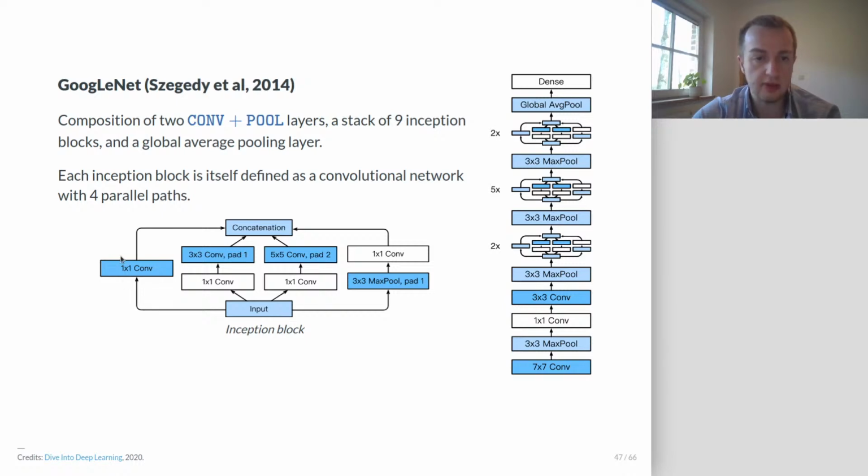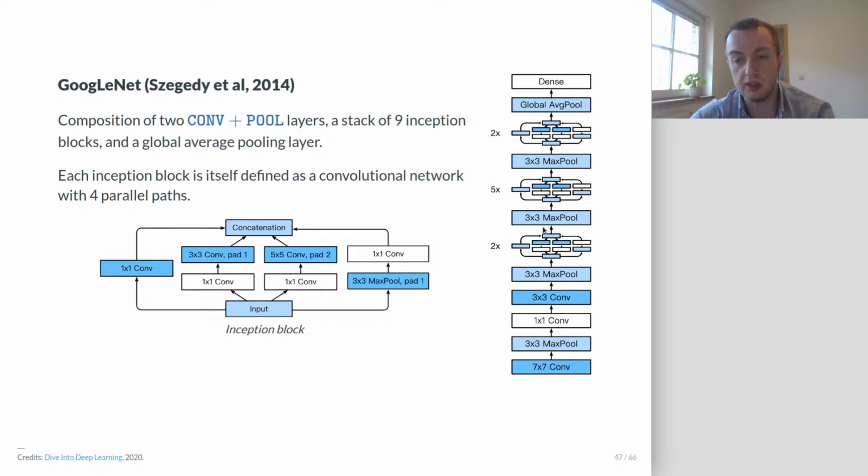First, you take the input, then you compute a 1x1 convolution on this input, or you do this 1x1 and you follow it by a 3x3 convolution with padding of 1, or you do 1x1 and then 5x5 with padding of 2, or you do pooling and then 1x1 convolution, and then you obtain 4 different output tensors, which you concatenate together into a larger tensor, and you repeat this whole inception block a few times. In this case, it would first